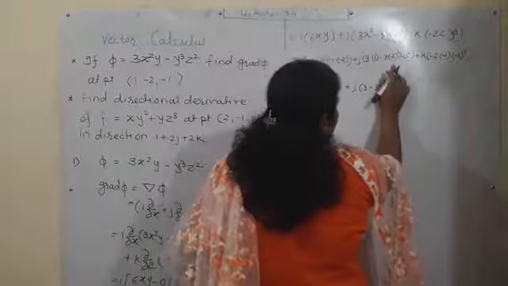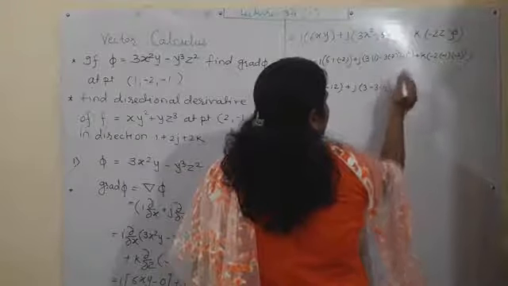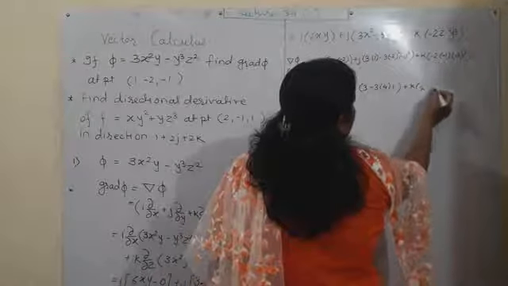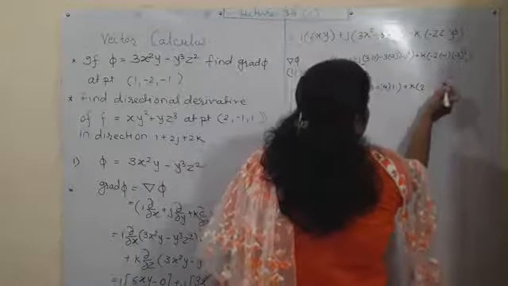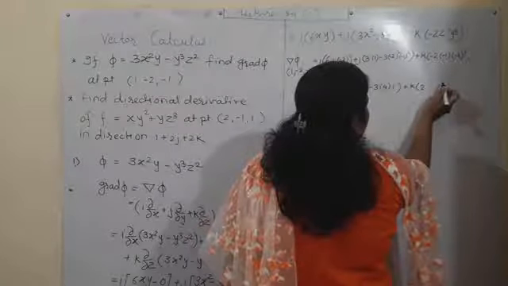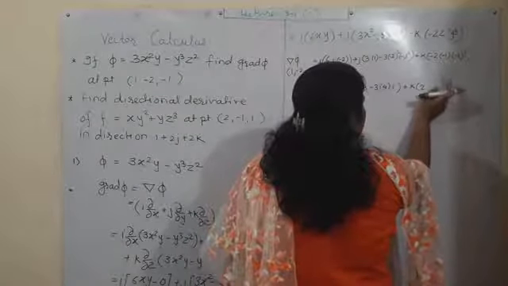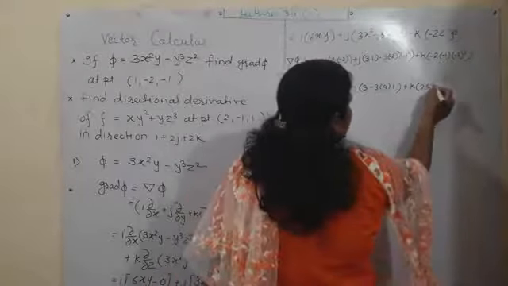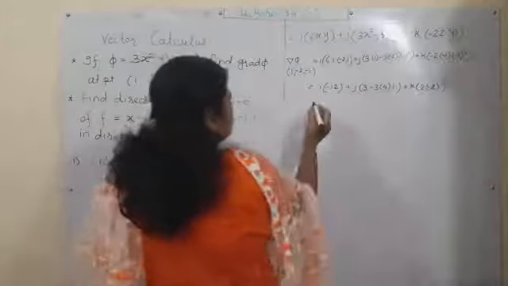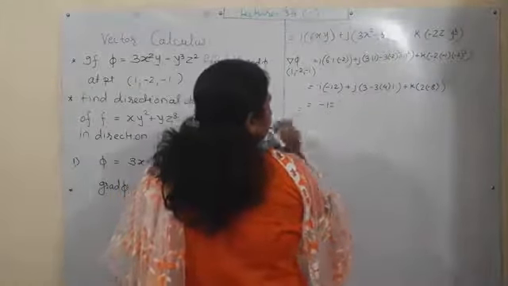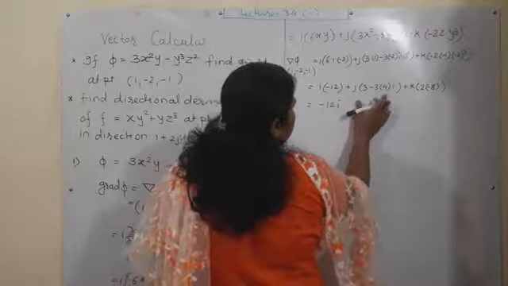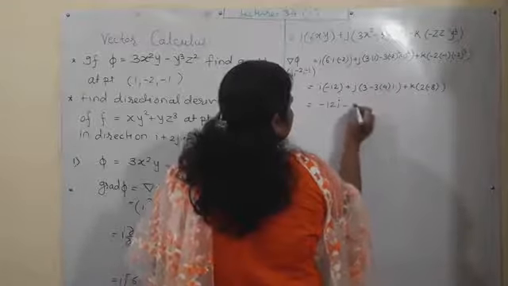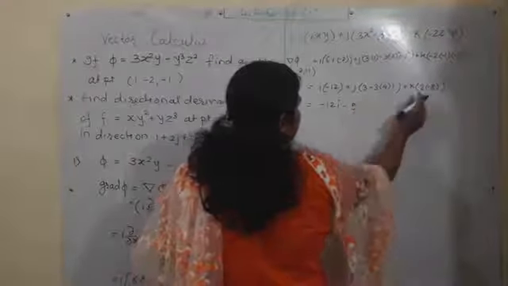So minus 2 whole square is nothing but 4 into minus 1 square, that is again 1, plus k into minus 2 minus 1. 2 into that minus 2 cube, that is minus 2 into 2 minus 2 minus 2 minus 4, that is plus 4, plus 4 into minus 2, that is minus 8, as it is a cube. So finally we get minus 12i. Here is 3 into 4, 12, 3 minus 12, so it becomes minus 9j, and last is 16k.